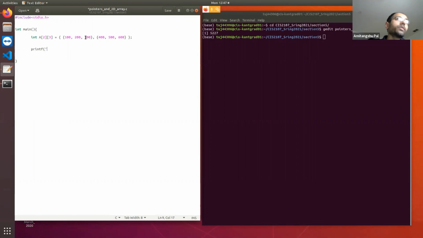Now let's print A. A equal to %p, and at the same time print &A0.